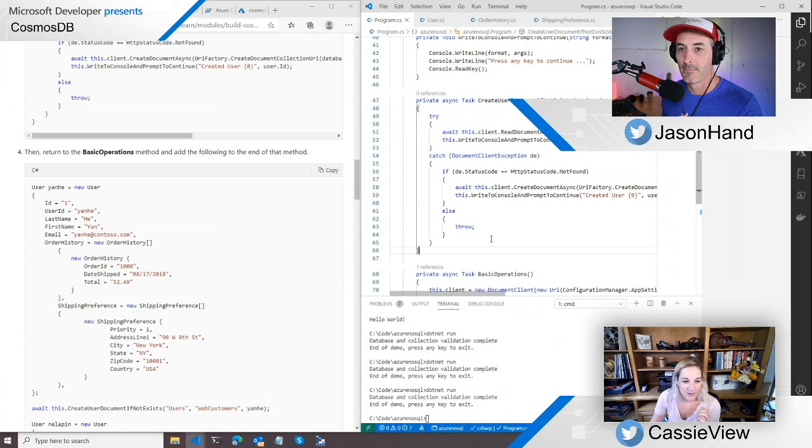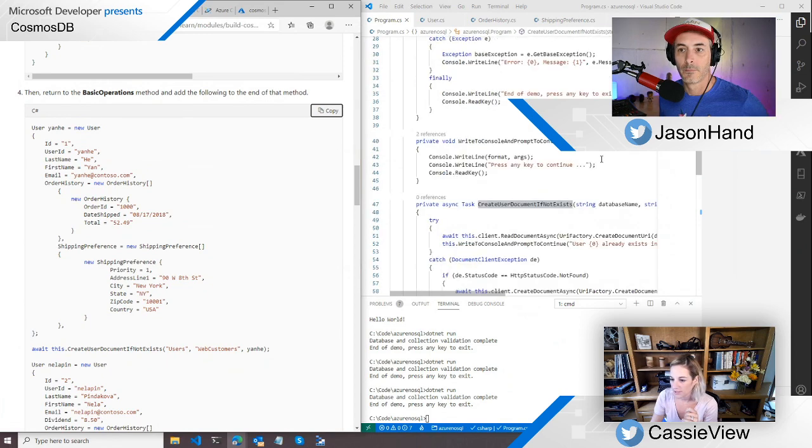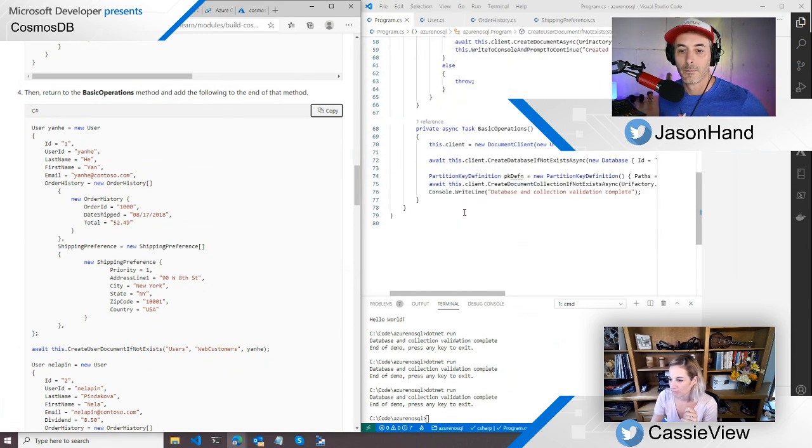Okay, so let's see here. Now we just created this create user document. This is what we're going to pass in, this user that we're going to create. And then we are going to actually create this document in our document database. So let me add this and then I'll talk through what we just added. Where's my basic operation? Here it is.